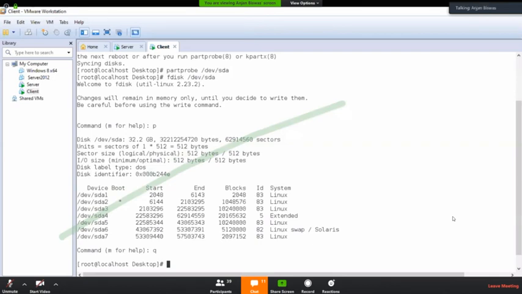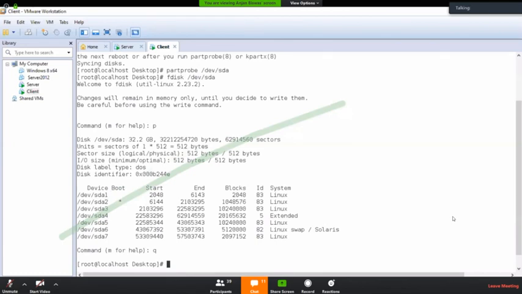How many types of file systems are there? In Windows, it supports the NTFS file system. In Linux, it is the ext3 or ext4 file system. There are many, many types of file systems, but in Linux it is ID 83, that is the ext3 or ext4 partition.